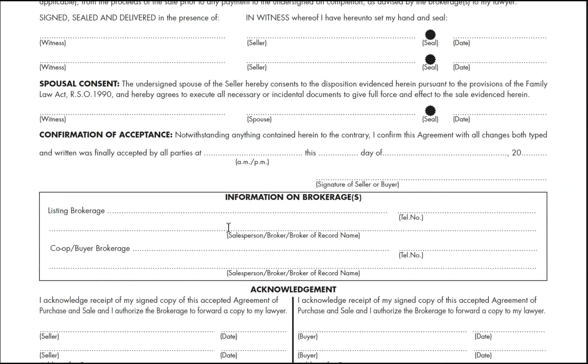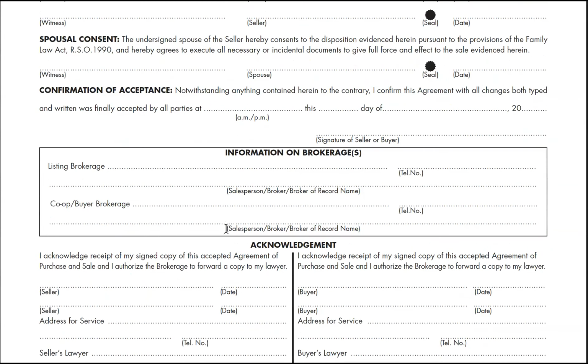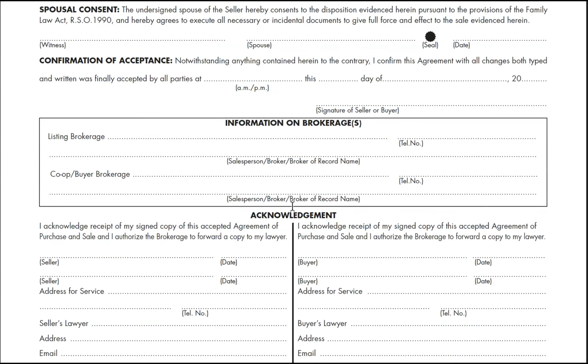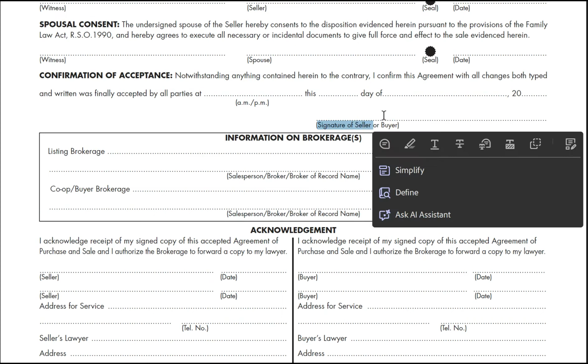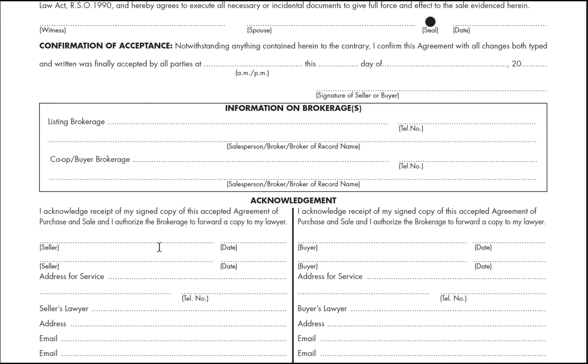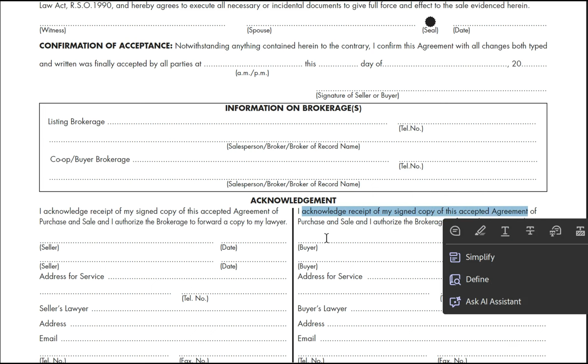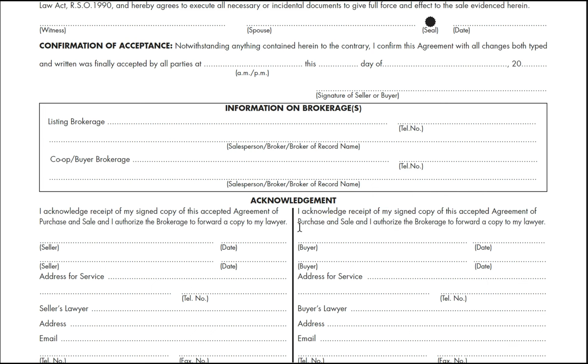So this would be information about the brokerages, and then the cooperating brokerage or the buying brokerage would be down here. These are acknowledgements. So for example, let's say the seller was the one to confirm. The acknowledgement then would have to go to the buyer. So you would want both parties, but the buyer would then acknowledge to say, I acknowledge the receipt of my signed copy of this accepted agreement of purchase and sale, and I authorize the brokerage to forward a copy to